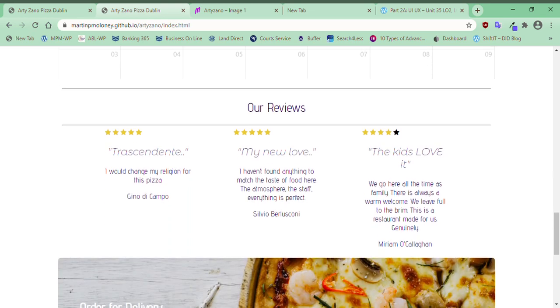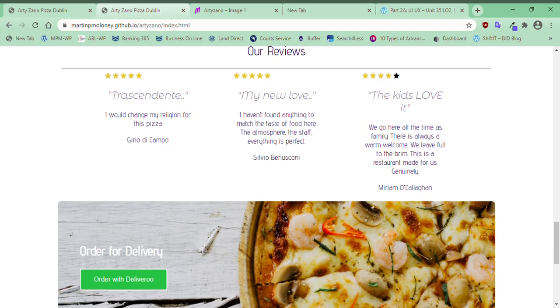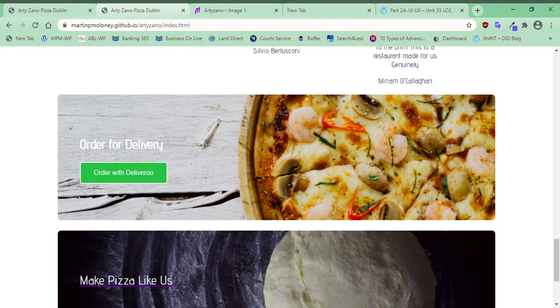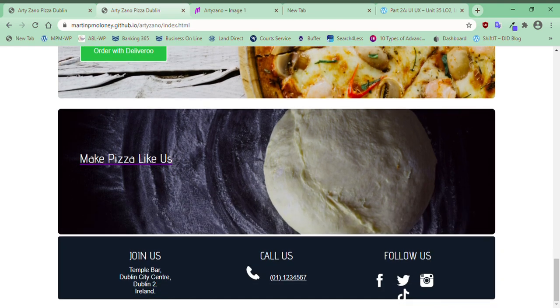Then we have HRs and our reviews to tidy up the sections, and then we have our reviews from 3 customers, and then we have our order for delivery with an active link to Deliveroo, which opens up on a separate page, leaving this page open, and then our link to our events page, which is a call to action: make pizza like us. The footer,